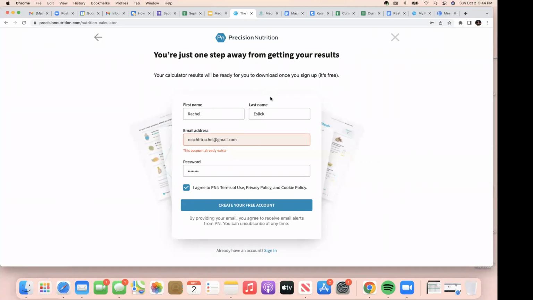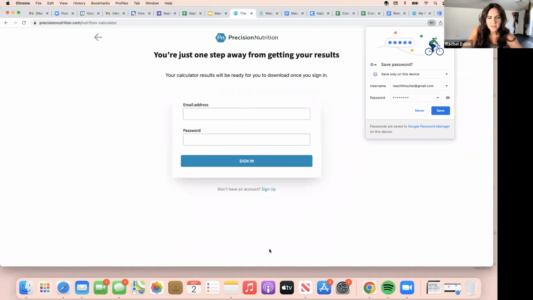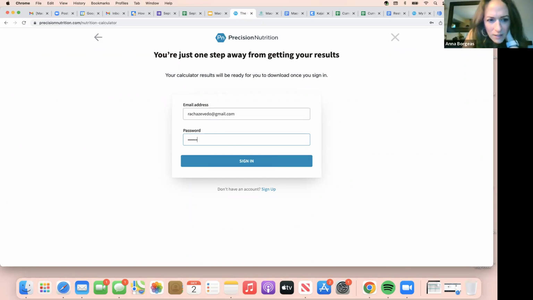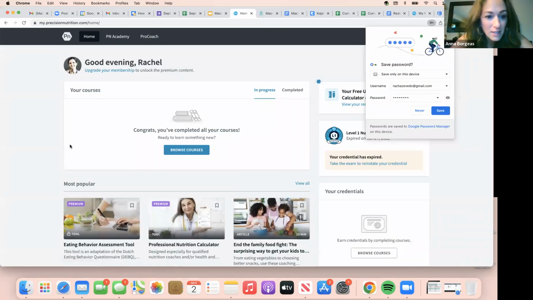Rachel, try just doing the sign in. Do you see the sign in at the bottom? Yeah. Do I need to sign in? Yeah, I already have an account. So go right here. Okay. I swear I don't remember having to do this in the past. Is it Rachel? You need an L in there. It's not, it's just Rach. Oh, Rach. I should have known that. All right.